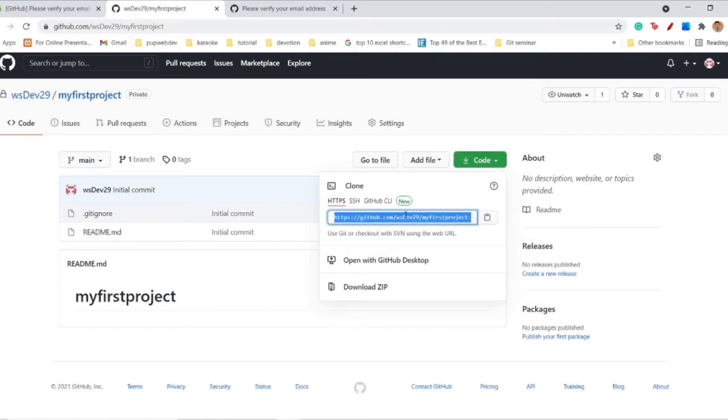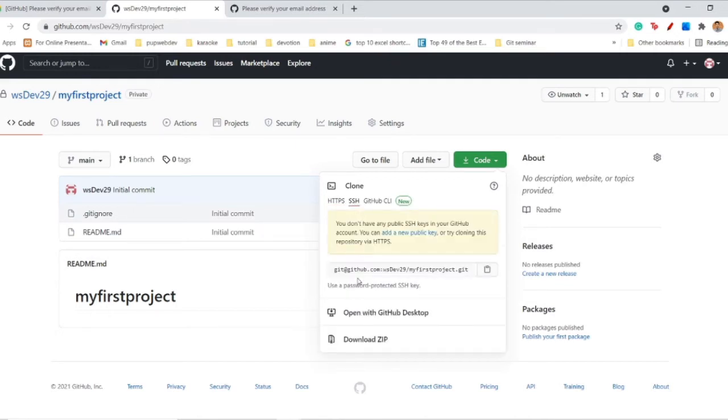So we have here the HTTPS, if our repository is public, but right now we've set it to private, so we are going to use the SSH. But currently we don't have a key. We need to add a public key to access this private repository. So what we're going to do is add